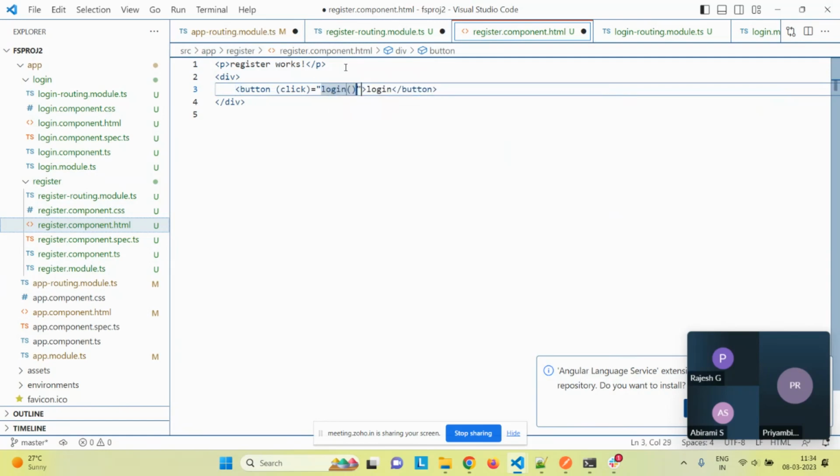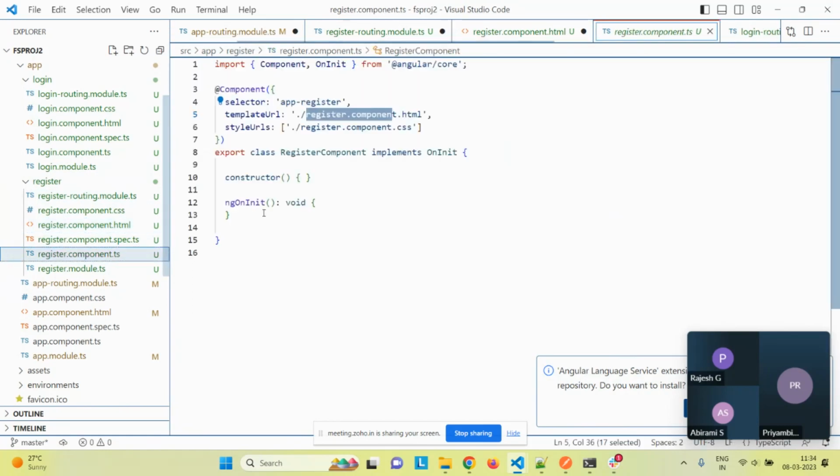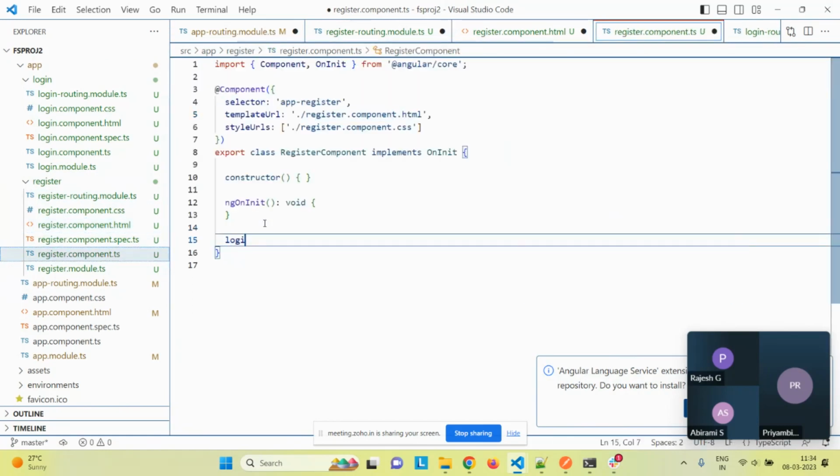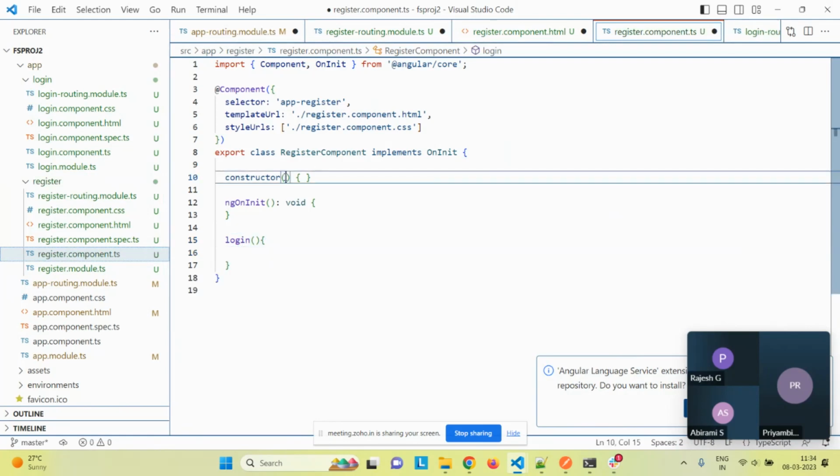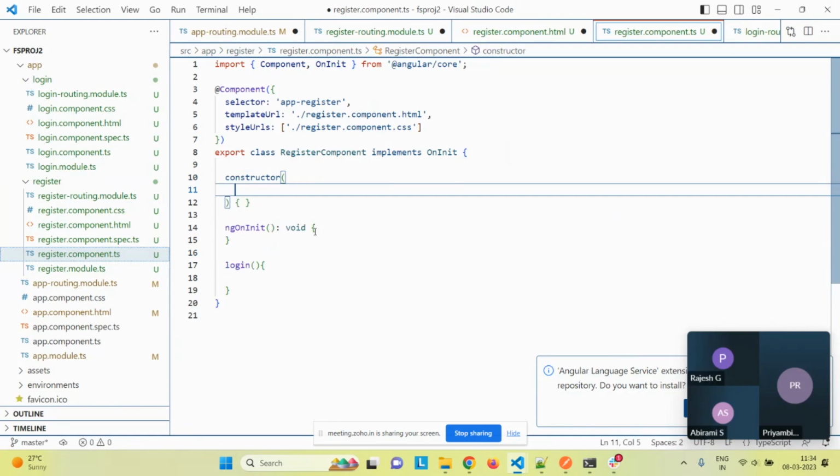So I want to create this login function in the component, and I have to tell routing. So I have to create a constructor, because routing is not visible for the register component. So I need a private, because it is available only for the private